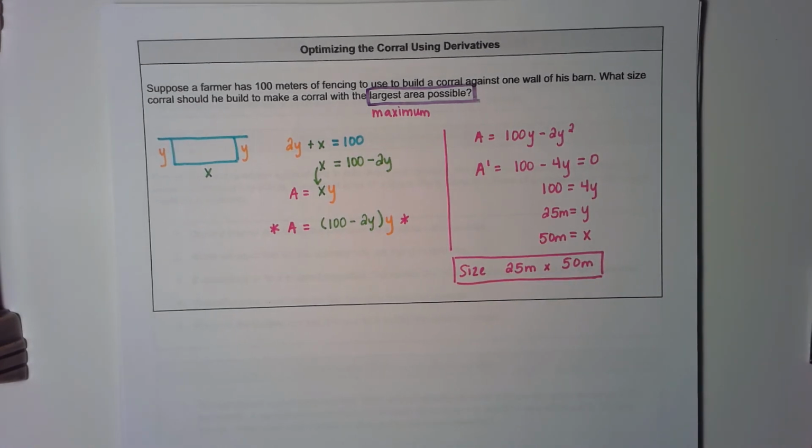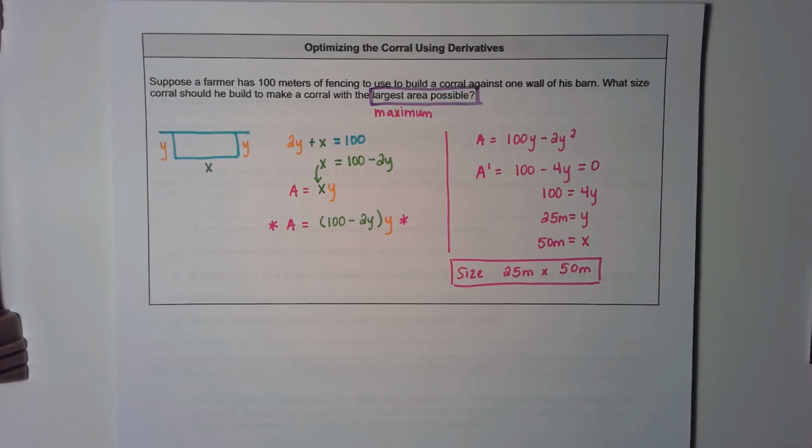Okay, this is just an introduction to optimization, just to get the idea of what's happening. When we want to find the best way to do something, we can actually set up equations and use derivatives to help us find that so that we know for sure we've got the best possible option. Tomorrow, we're going to be doing an investigation to examine this idea some more. And then in our next video, you'll actually get to see several more practice problems to work through the process of how you might do this procedure in a variety of